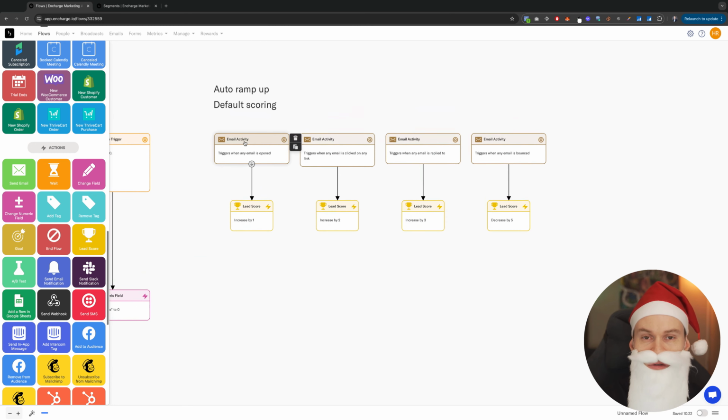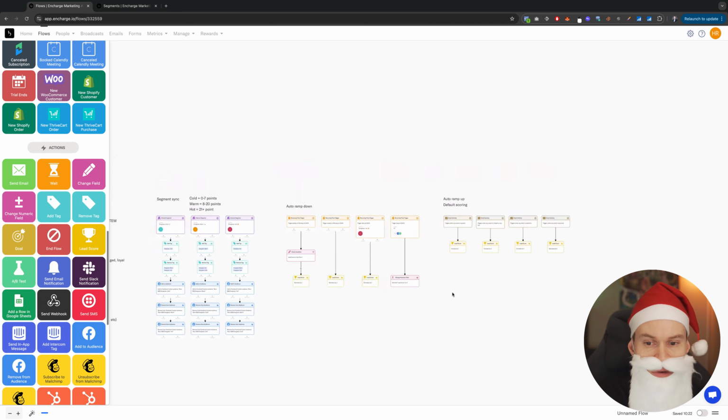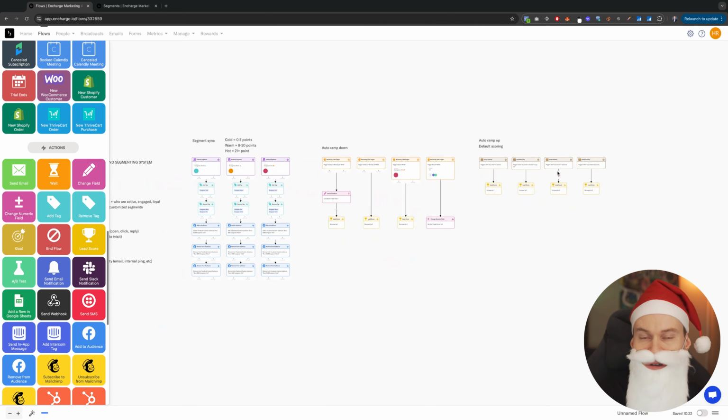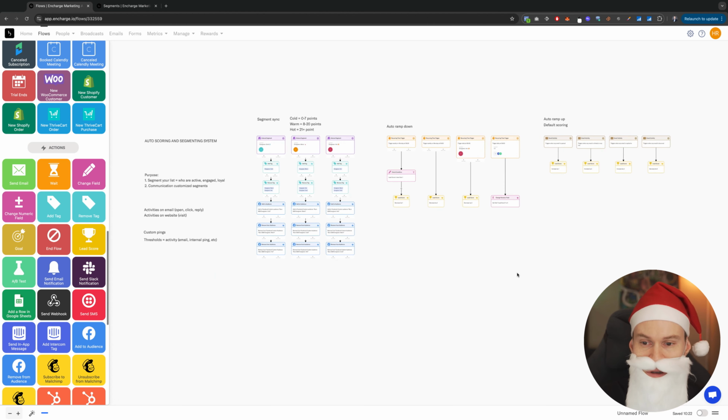So at this point, if you send an email and they get a point, they will automatically transition through the segments and they will ramp down if they stop doing activities. One essential part for really running this entire system is that you have emails to send. The next one that we really want to do,